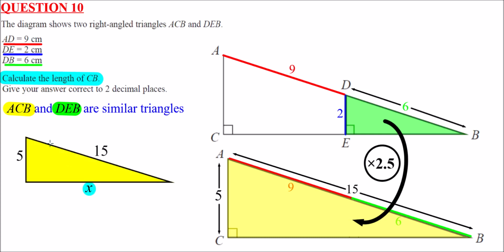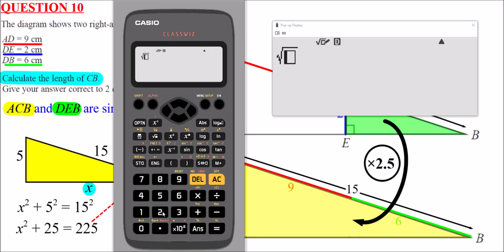So using Pythagoras, 5 squared plus x squared equals 15 squared. So 5 squared is 25, and 15 squared is 225, so we can fill in those details now. Then if we arrange this equation in order to solve it, we can subtract 25 from both sides to get x squared is equal to 200. Then the final step, just square root both sides of this, so square root of 200, press equals, and press